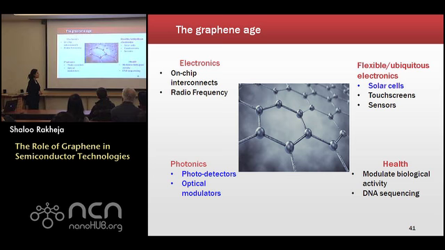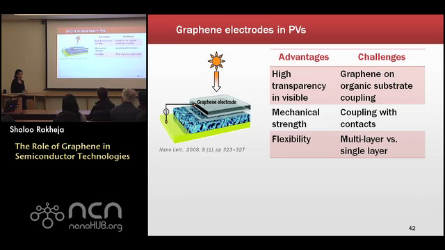So going back to graphene, what I would like to do in graphene in the future, and where I think the whole field is really going. There are plenty of directions that one can take. I'll talk about solar cells and photonics, photodetectors and optical modulators. Graphene can be used in photovoltaics, which basically deals with converting light energy into electrical energy, and graphene has